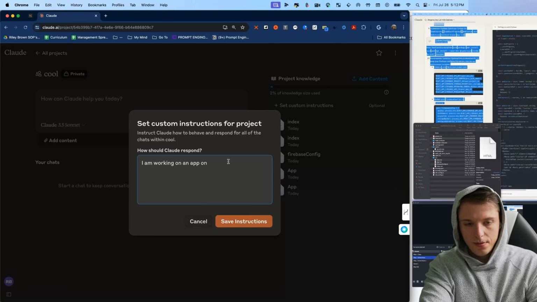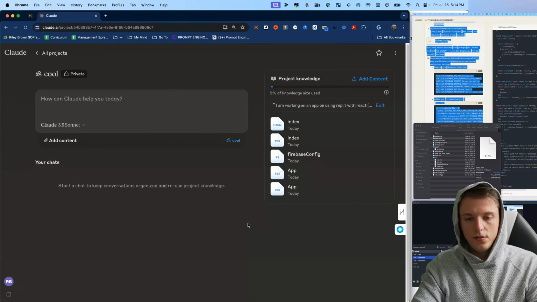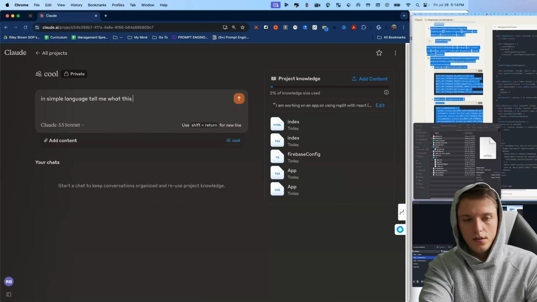So I'm working on an app using Replit with React, TSX, using Firebase as a backend. Help me make this app and be a useful assistant. Okay, I'm going to say these instructions. In simple language, tell me what this app does. Below, I will paste a few things I was talking to another AI chatbot on, and I just completed these